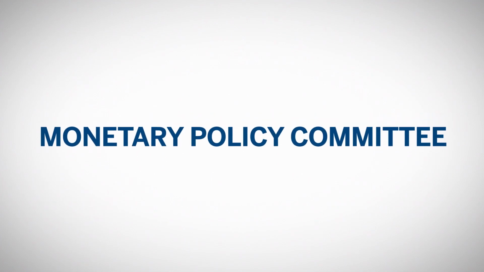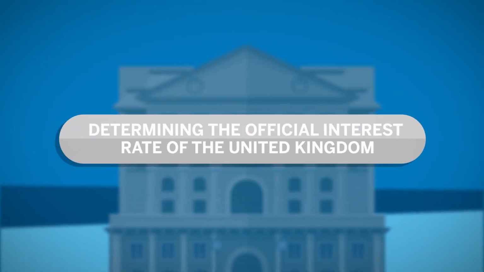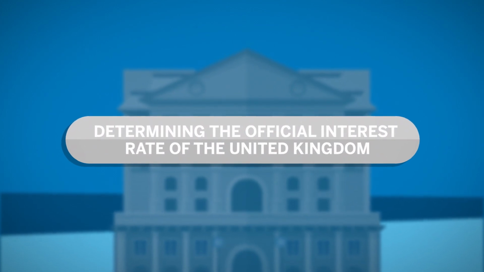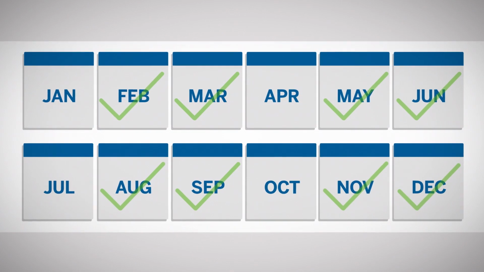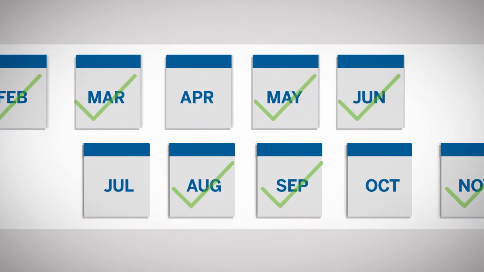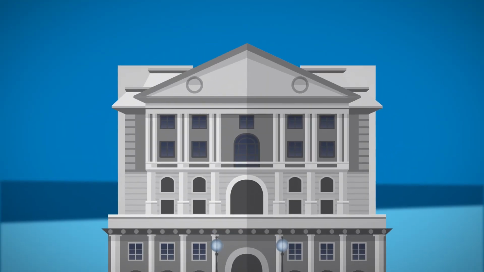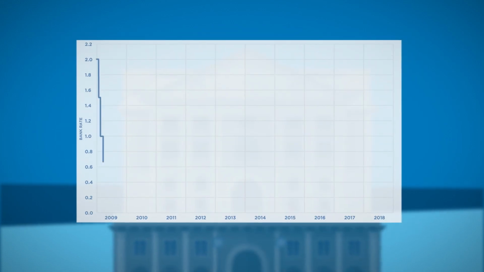The Monetary Policy Committee, or MPC, is a committee of the Bank of England responsible for determining the official interest rate of the United Kingdom. This committee meets 8 times a year to set the official Bank of England base rate. The Bank of England base rate is one of the most influential interest rates in the UK, and in order